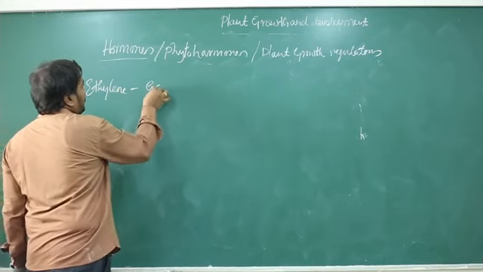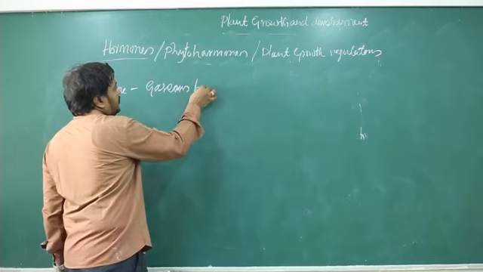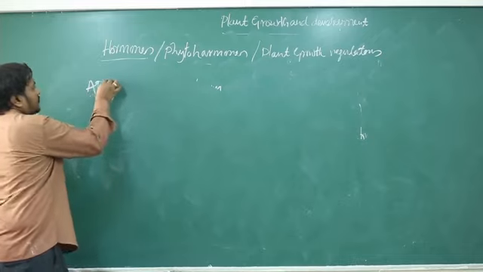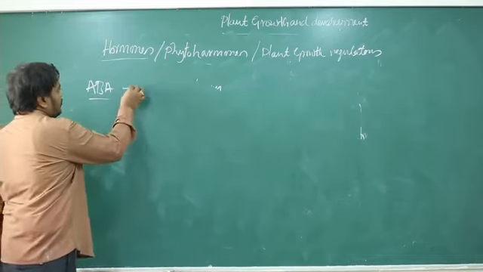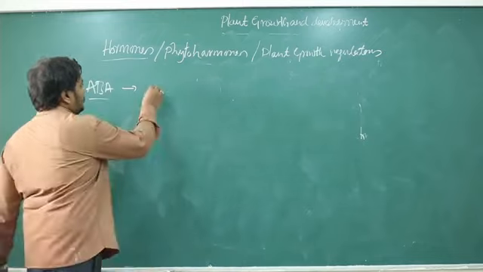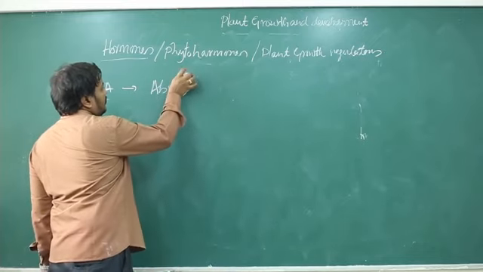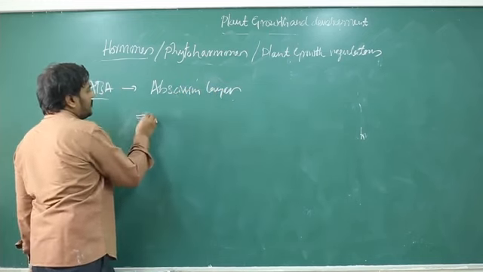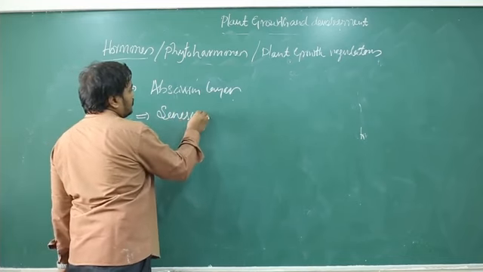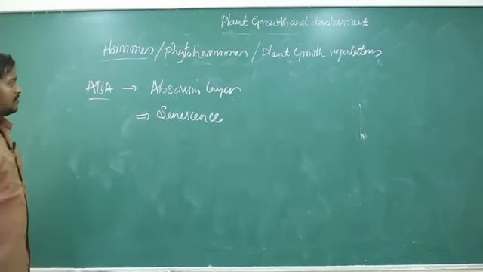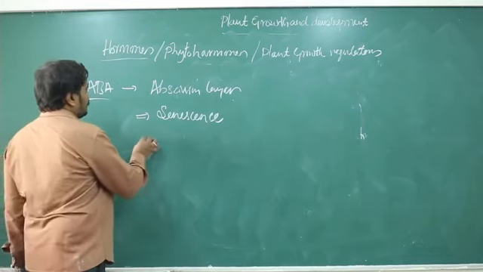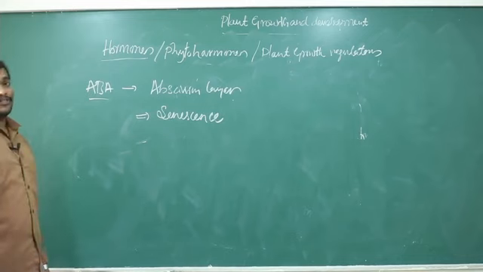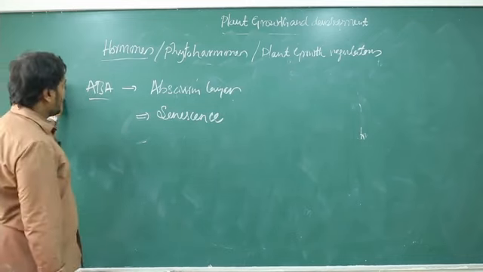So ethylene is a gaseous hormone. Gaseous, right. So abscisic acid also helps in formation of the abscission layer. It forms the abscission layer that induces senescence. Okay, so abscisic acid is responsible for senescence, and it also induces senescence in the fruit, so that it can easily get detached from the plant during fruit dispersion. Okay, it helps with that also.